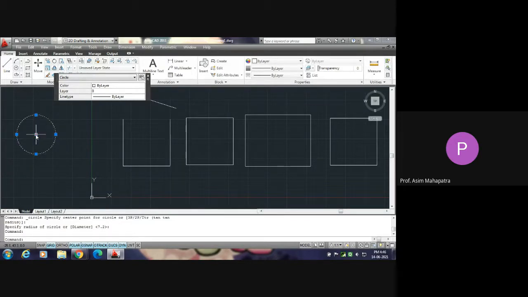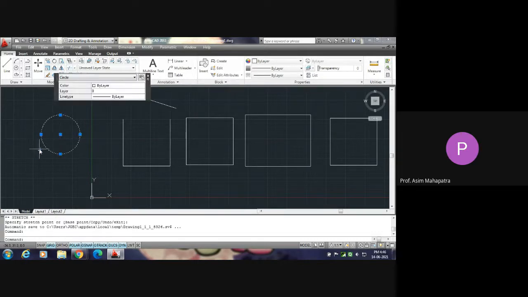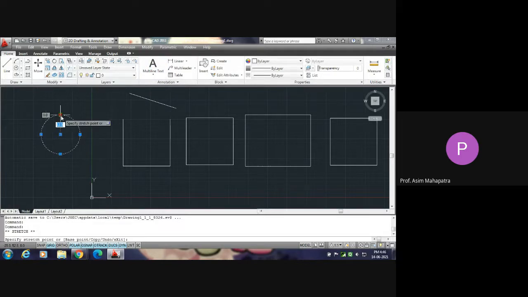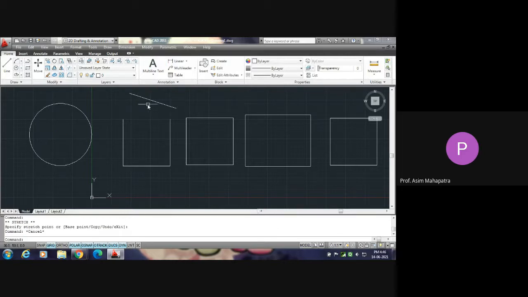If you click on the center grip and click somewhere else, it will just be moved. If you click the grip on the circumference and move your cursor, the radius will be changed. So that is the reason why this type of selection is called grip selection.